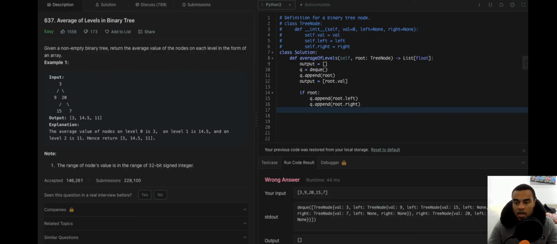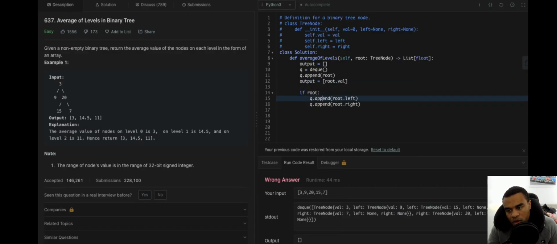Well, okay, you can imagine a current queue or whatever. Well, no, don't need that actually. We have Q, which is root, Q.append left, Q.append right. Hang on, let me think. We have our Q, and we append the root to it. Our output is just that value. Then if root, Q.append root.left, Q.append root.right. Append the left, append the right. And of course the left is also another tree, which we can go into. So the left has a left, the right has a right, and all that.